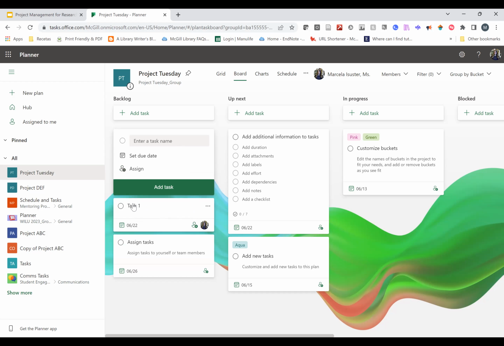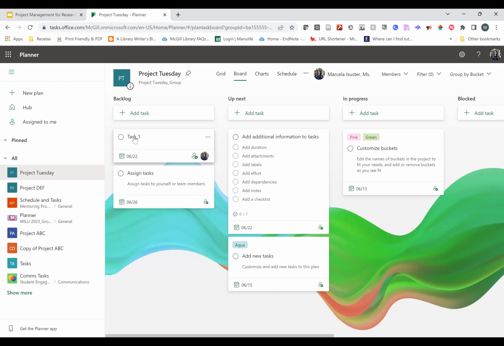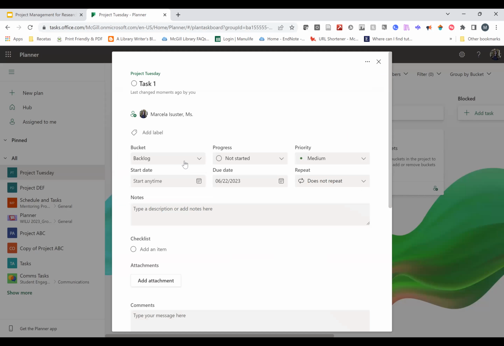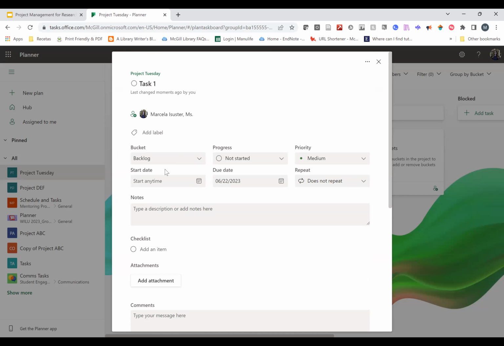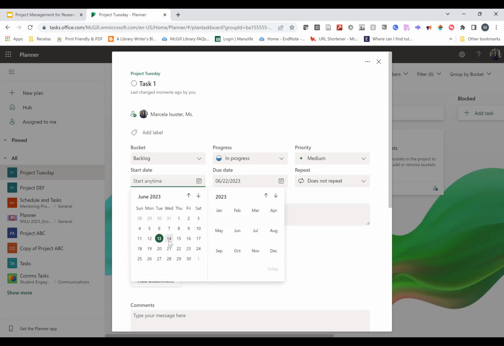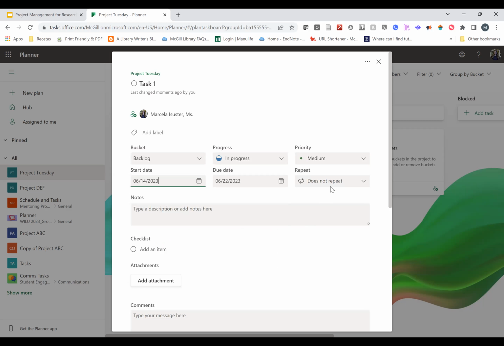Now, this is very simple. When I click on the name of the task, I actually see a lot more than when I originally created my task. So I can change the bucket. I can say where I'm at, so maybe I'm now in progress, for example. I can give it a start date. This would only be the deadline, but if I want to see the entire time that's going to take me to the date, I could give it a start date. So I'm going to start it tomorrow, for example. Whether it's something that needs to be done weekly or monthly or yearly, whatever we want.